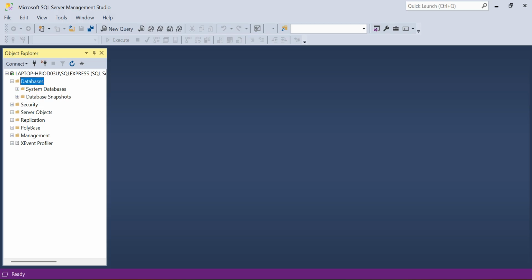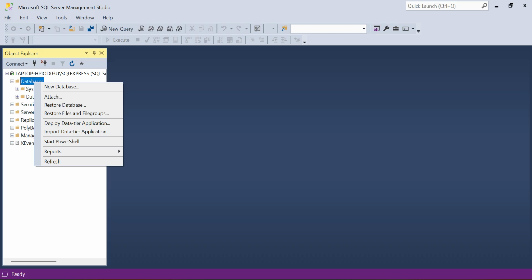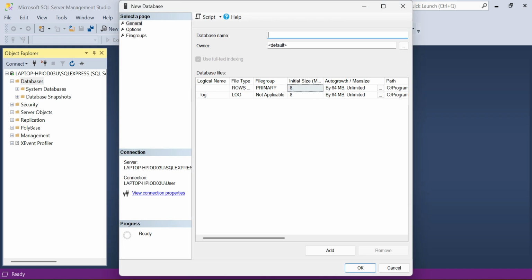Now let's create our own database. Right click your mouse and click new database. For example, I will name my database RPMS. RPMS means Receive Payment Management System.